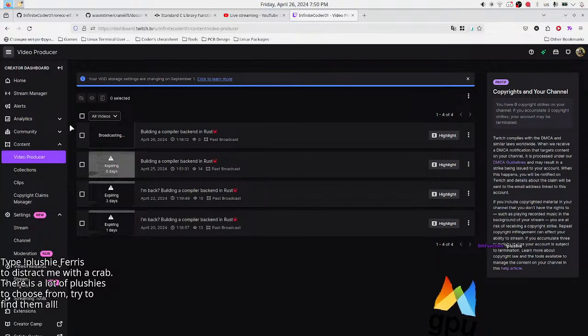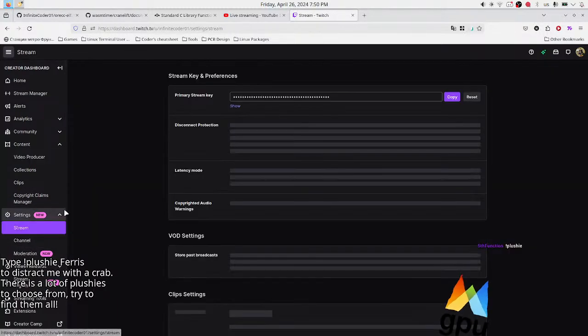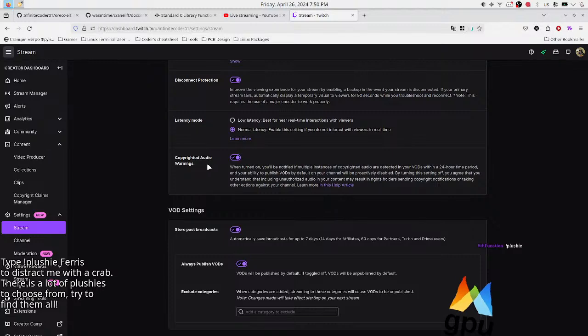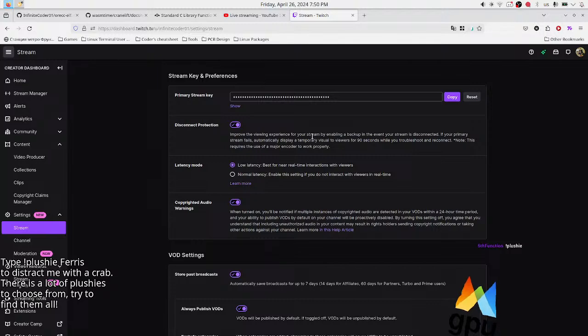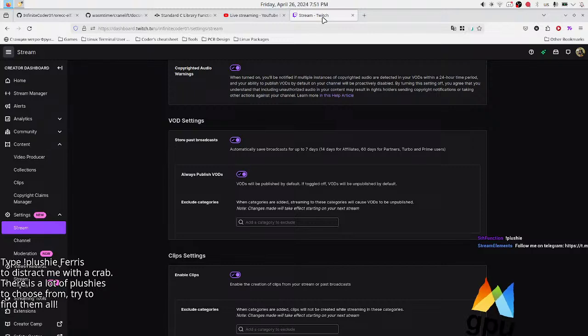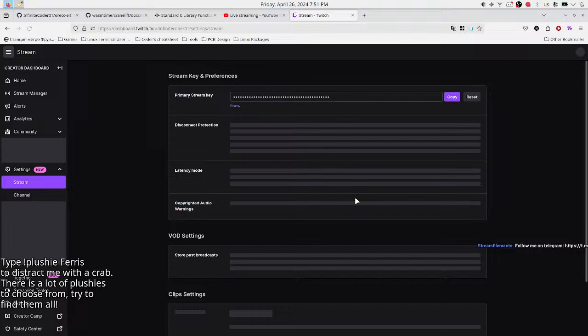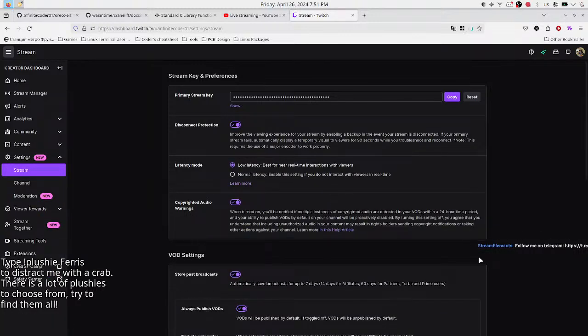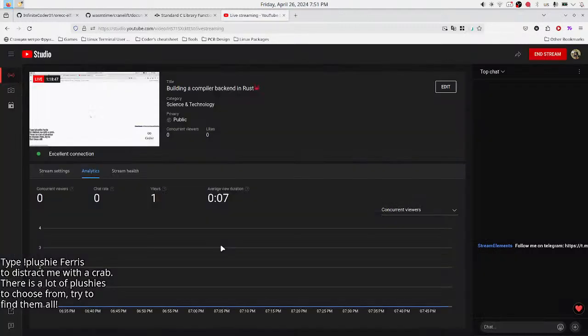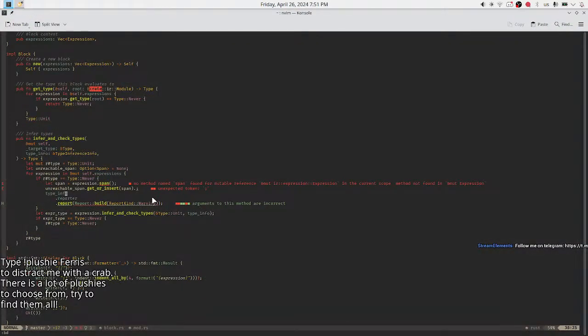WGPU. So settings. I think I won't show anything here unless I click this button. Oh, it's normal latency. Let me switch to low. Best for near real-time interactions. Now it should be better, hopefully. Did I save it? Stream elements, advertising me. I think it's saved. I hope it works. But 14 seconds, even for normal latency, I think it's quite a bit.